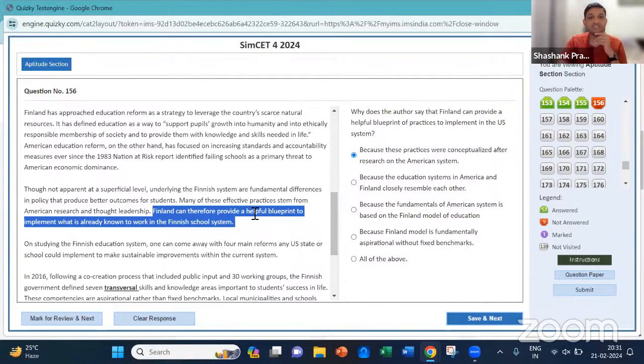Yeah, many of these effective practices stem from American research and thought leadership. So basically this one. Research on the American system. Fundamentally aspirational, can't say. It's based on the American system, right? Fundamentals of American system is based on Finland, that's reversed. Because education systems in America and Finland closely resemble each other. And I think one is better than